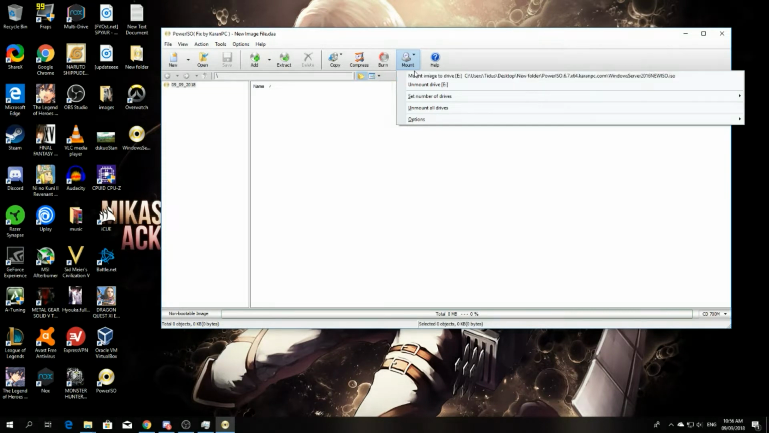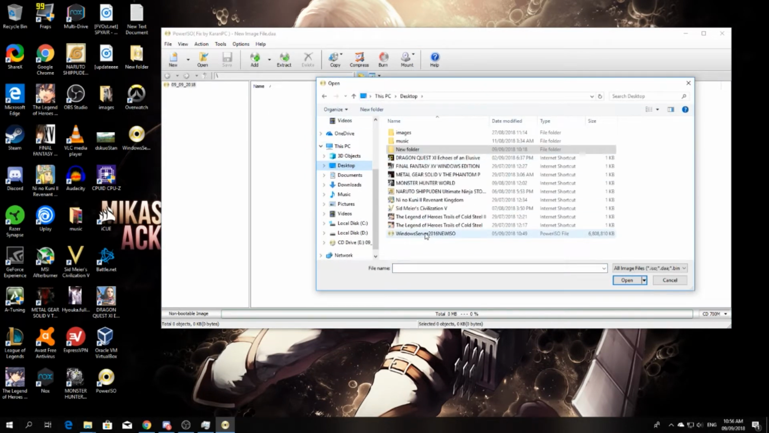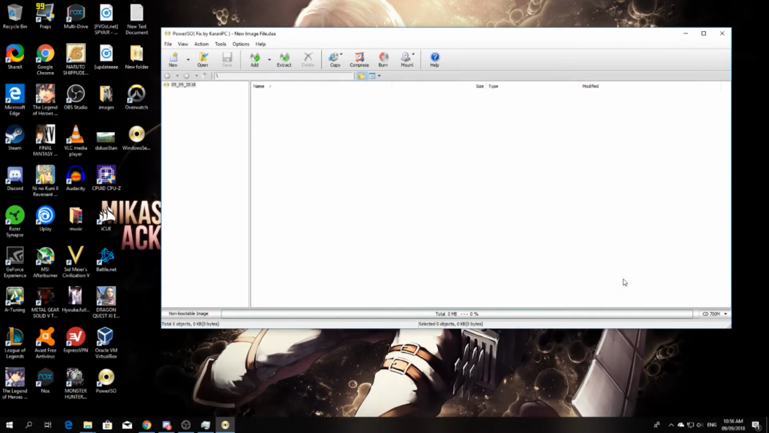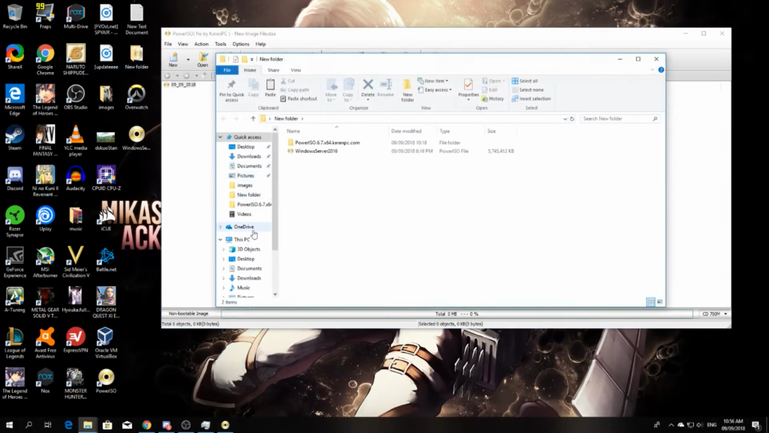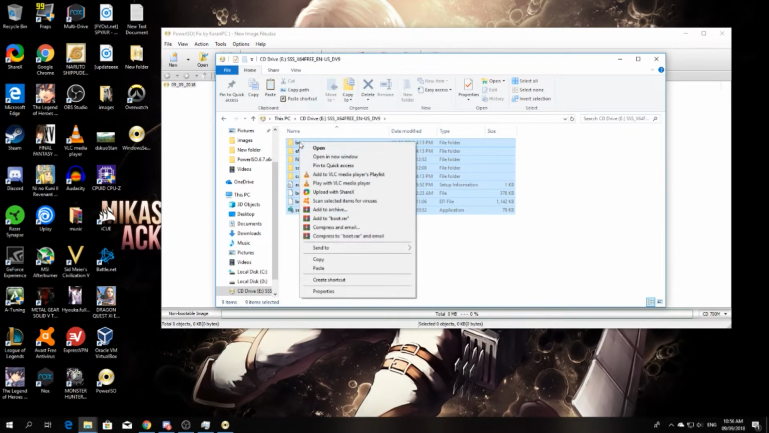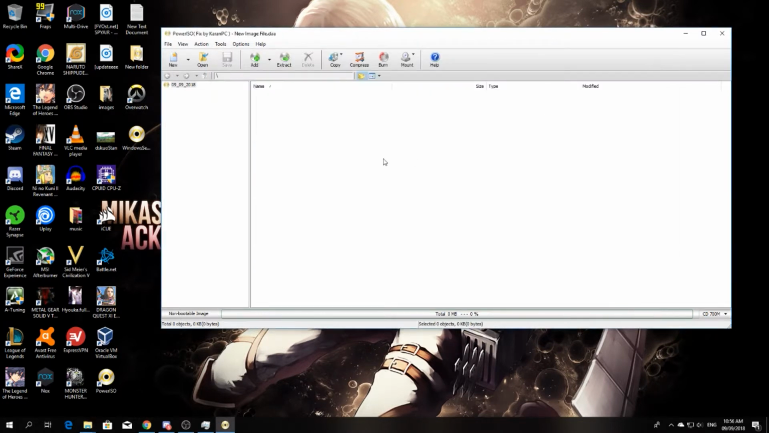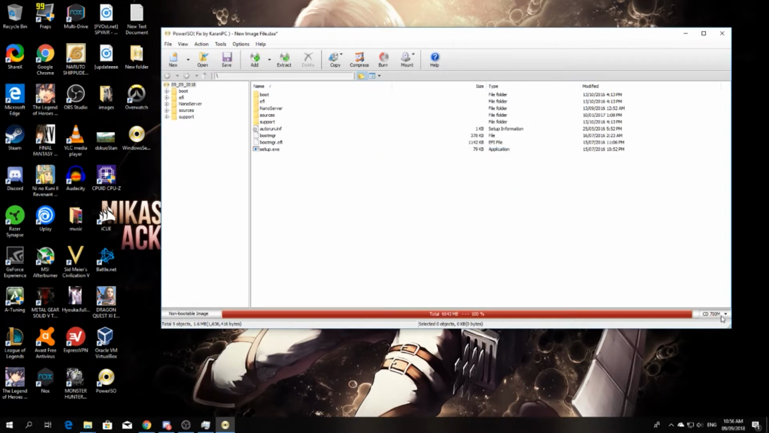So we want to click mount image. At the mount, we'd like to mount our Windows Server 2016 new ISO. Click OK. And after that is mounted, what we want to do is go here to your computer, open it, and copy all the files inside of this. Make sure you copy all of the files. Close this out, Control V here, we'll change this to double layer,